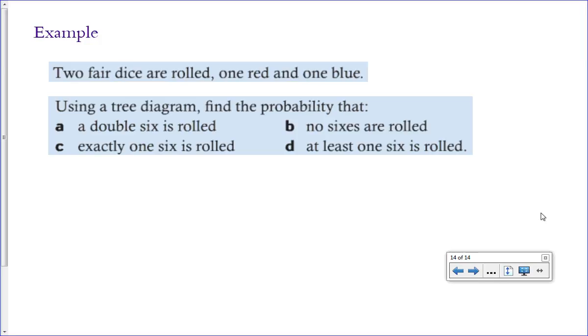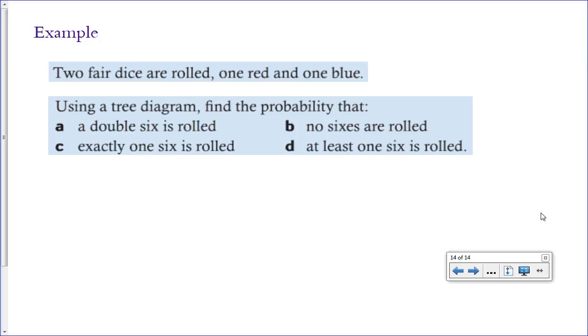So, probability that a double 6 is rolled. Well, we've got a 1/6 chance of getting the first 6 and a 1/6 chance of getting the next 6. This is getting into a rule we haven't covered yet, but in order to get to the end of this branch, I can multiply 1/6 times 1/6. So along each of the branches I multiply to get to the end of the pathway. And there is a 1 in 36 chance, this is for part A, that I roll a 6 followed by